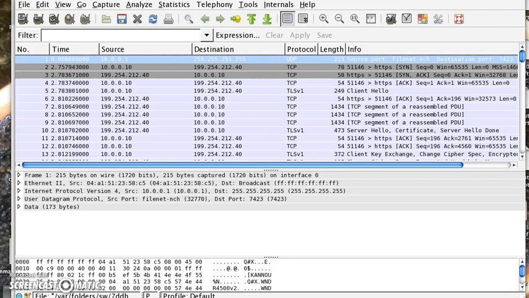So just a little warning on that. It's a very valuable tool for us for learning. It's also a very powerful tool for troubleshooting for network IT admins. But don't install this on your desktop at work and try to run it. It's going to look like you're trying to compromise or snoop around the network,